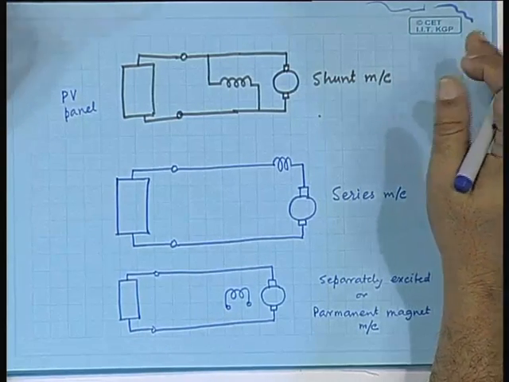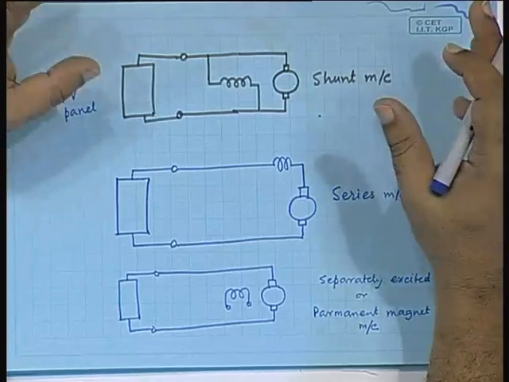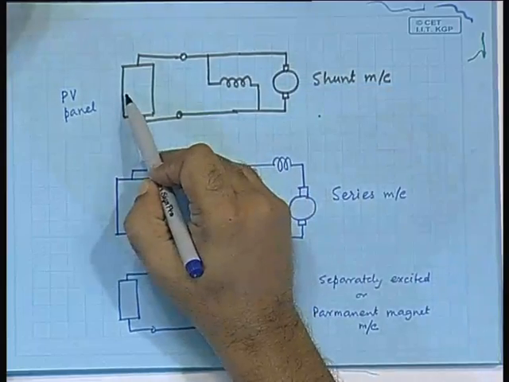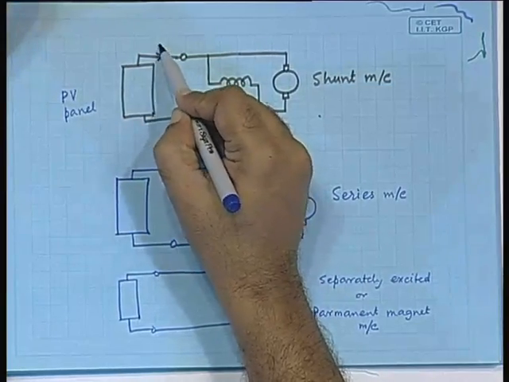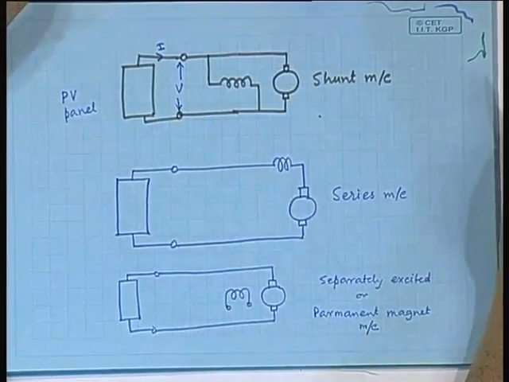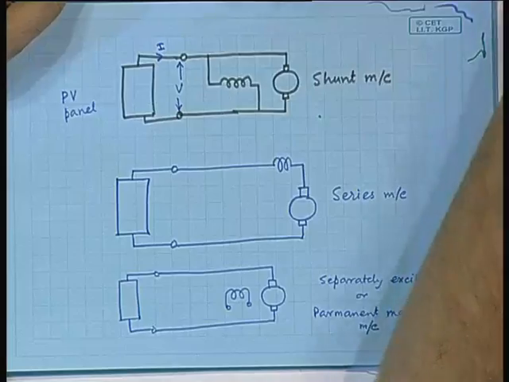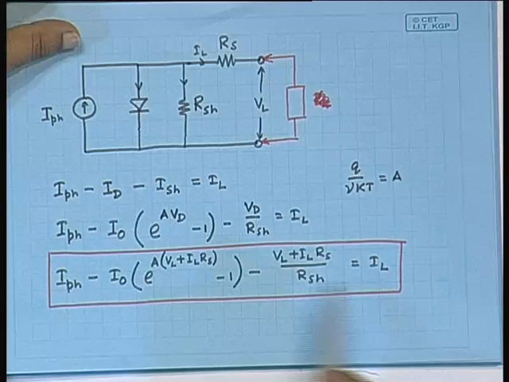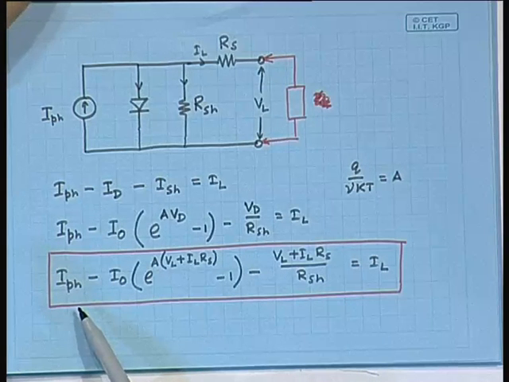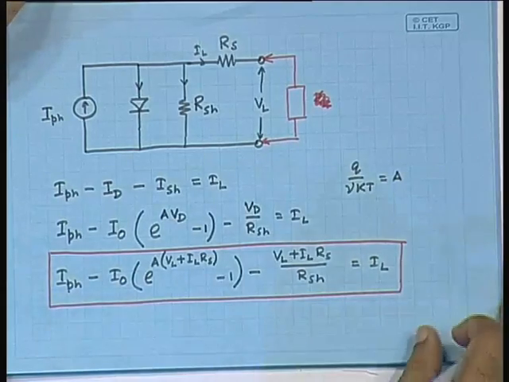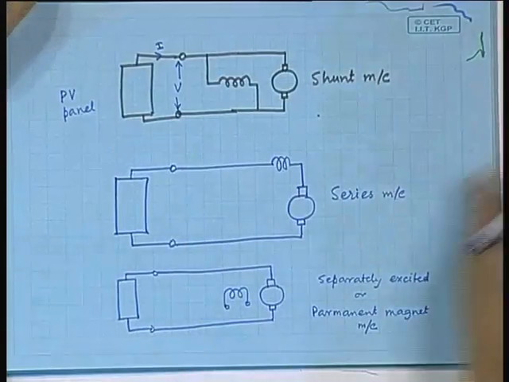Now, we were considering what will be the behavior of the different types of machines as fed from the photovoltaic cell. Now, this photovoltaic cell will have a current I, and a terminal voltage V, and these two quantities are related by this. We have already seen that this is the relationship linking the terminal voltage and the terminal current of the photovoltaic panel. So, in addition to that, the machine equations are